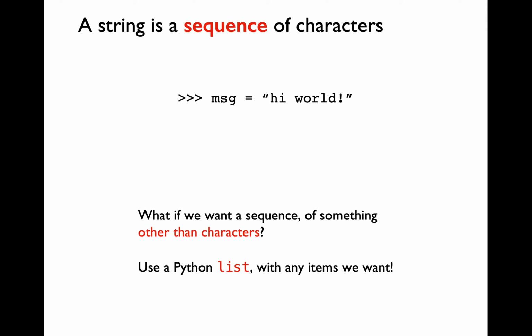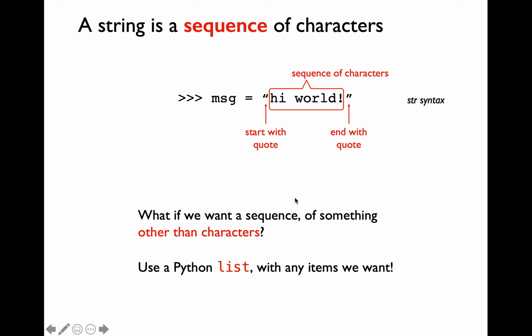Let's understand the basic syntax for defining a string sequence. You'll be mentioning the start of a quotation and the end of a quotation. Within the quotation, you'll be typing out the sequence of characters. So Python will understand that you're defining a string sequence by watching out for the quotations. Of course, you can use either a single quotation or a double quotation for defining a string.